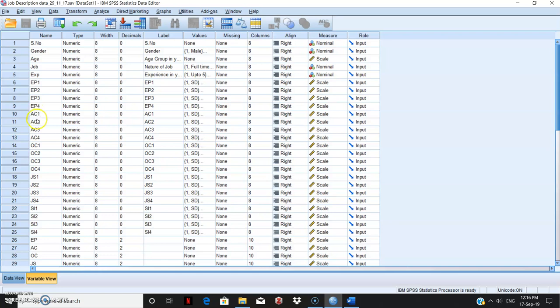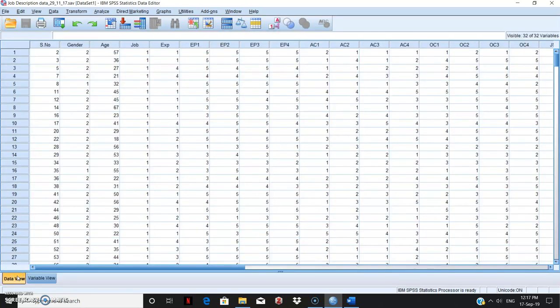In the attitude towards co-worker, that we call AC1, AC2, there were four statements. In organizational commitment, we had four statements. Job satisfaction, we had four statements. And this is our staying intentions, we had four statements. And what do we do with this? So this is what the variable view is, and we go to the data view. We can see that all the entries have been made here.